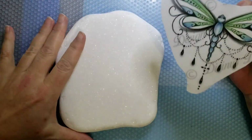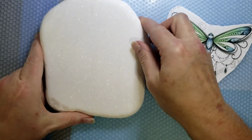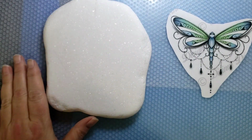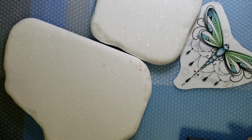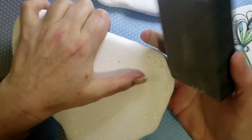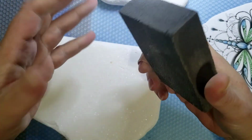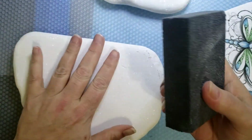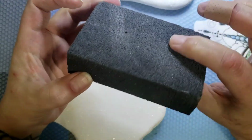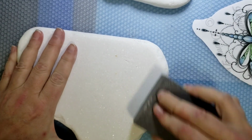So I've got my Santorini stone. It's nice and clean. I wanted to show you guys, if you have a Santorini, there's not a lot of marks on this one, but if you do and they're rusty or have marks, kind of like this here, you can take this soft sanding block. Anyways, it's like sandpaper, and there are different grits on the different sides. So you can just remove it